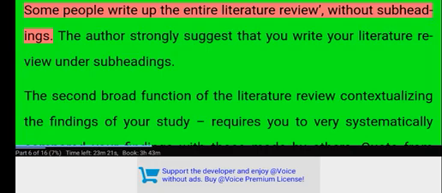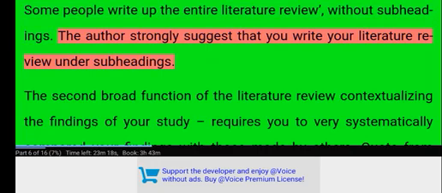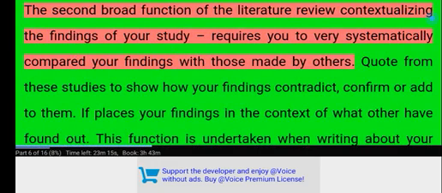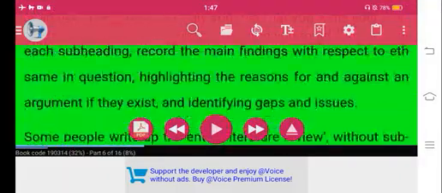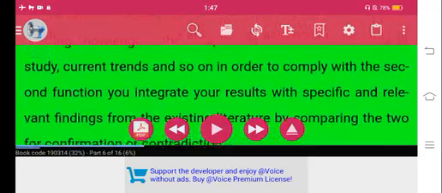Some people write up the entire literature review without subheadings. The author strongly suggests that you write your literature review under subheadings. The second broad function